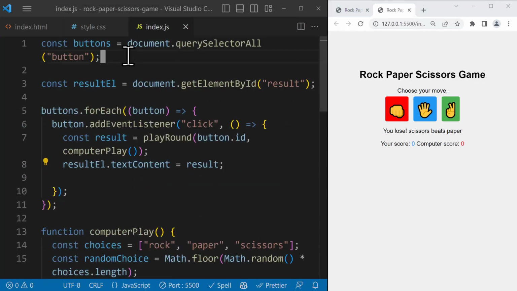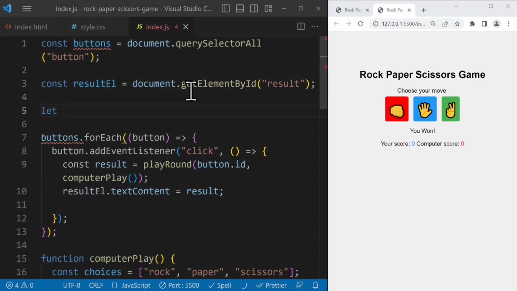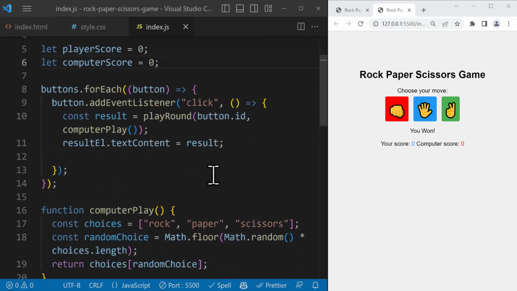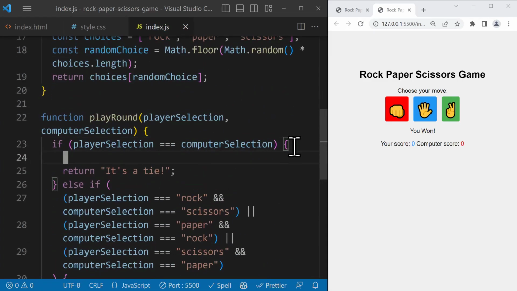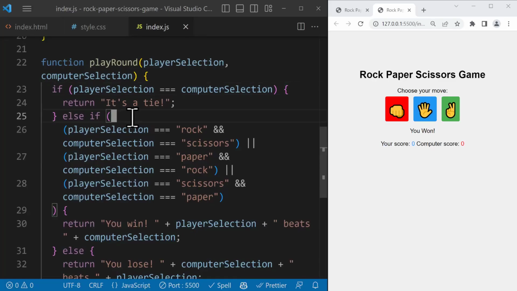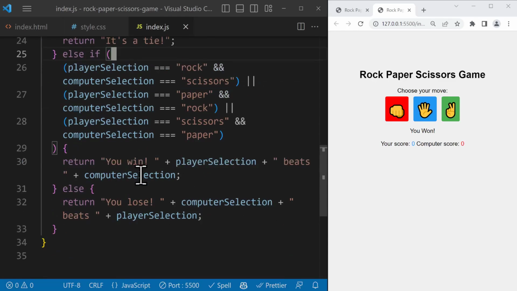the player. Now I'll create two variables using let to track the scores, one for the player and one for the computer, which will update whenever either side wins a game. For instance, when we return a tie result, the score value should remain unchanged. In the case of a tie, the scores will remain unchanged, but if we win, we will increase the player's